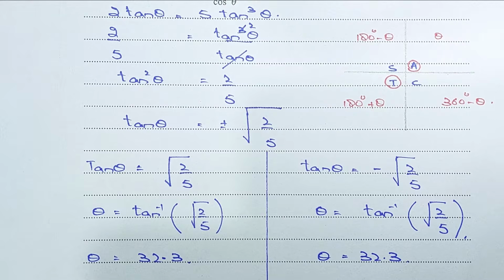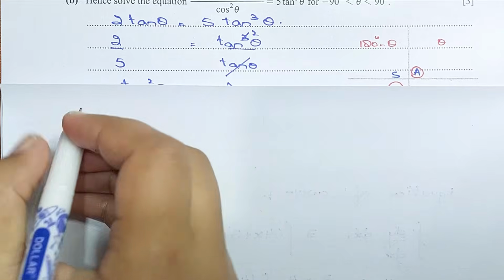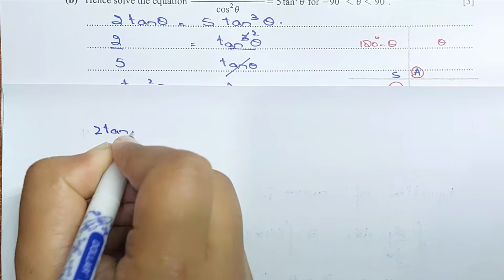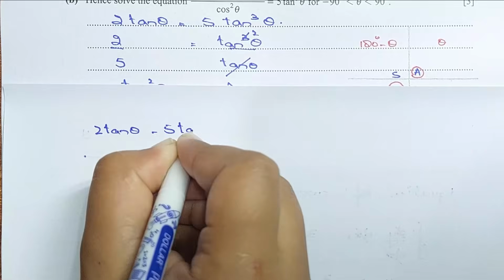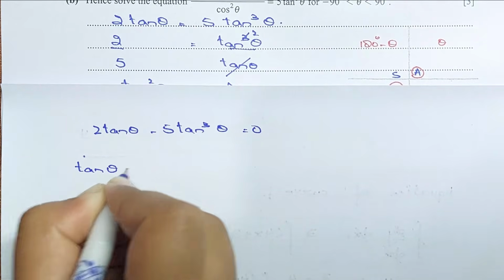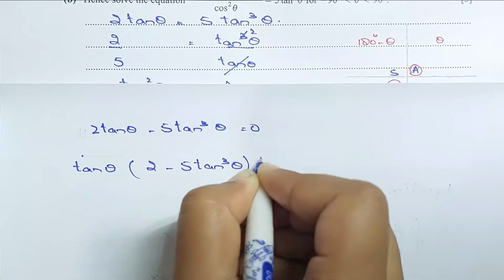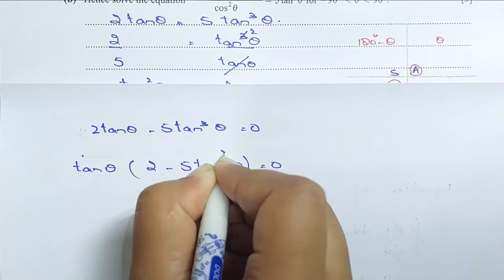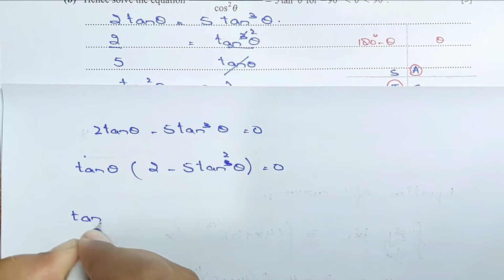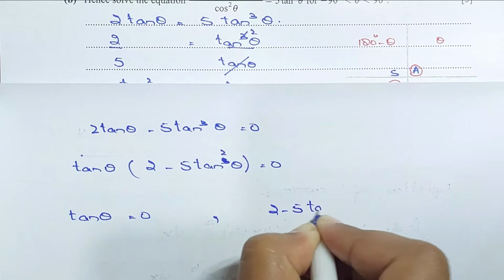And I messed up, I guess, because in these questions we cannot cancel the tangent, sines or cosines. We have to take them common. It is better, so let me explain this over here. So 2 tan theta minus 5 tan cube theta equals 0. So tan theta is common, and we have 2 minus 5 tan square theta equals 0. So we have tan theta equals 0 is the first one, and 2 minus 5 tan square theta